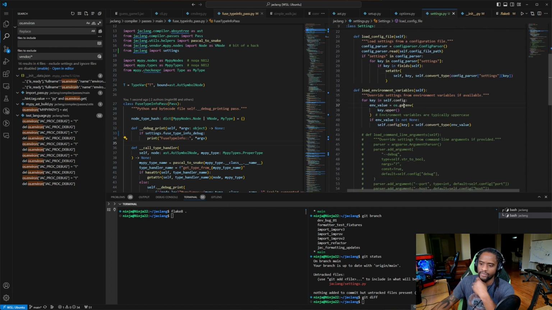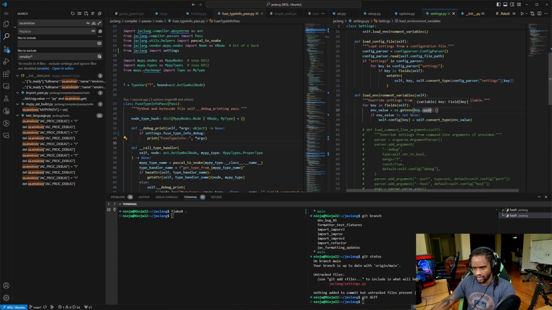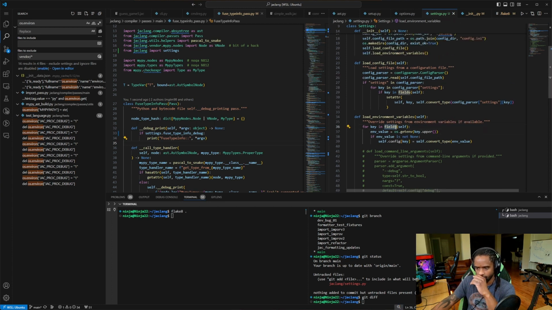And then load environment vars. Here we'll use, this should always be fields of self. Yep, that's good. Environment value. Key upper, environment variable, typically uppercase, duh. This doesn't need to be 2 lines. Key upper. It doesn't know for key in field self. What type does fields return? Tuple field any? Oh, key in fields. If key is a string,